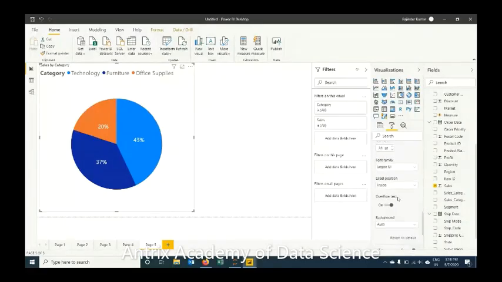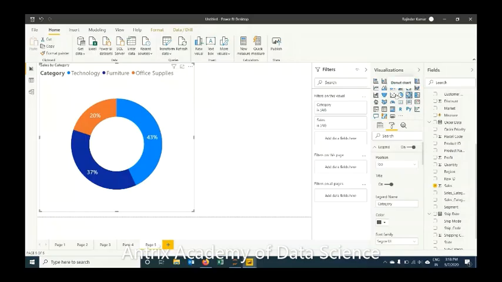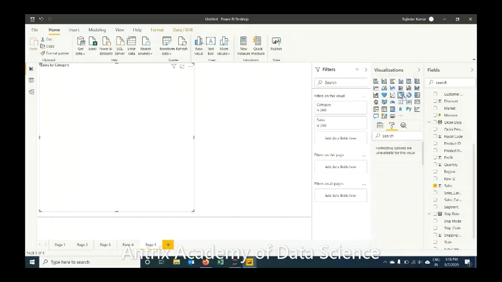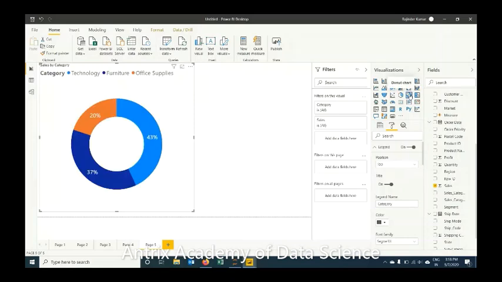Background is okay. And anytime you want to change it to donut, you can change it to donut, because both have the same value to be displayed. So anytime you can change it to donut. Even if you can change it to your